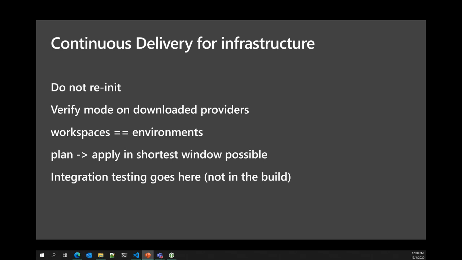One really critical thing that we do not do in our deployment phase is rerun the Terraform Init command. The reason is that in our build phase, we bundled our dependencies. If we re-init in our deployment phase, we potentially will change those dependencies. We potentially will pull different versions of those dependencies into the workspace. And what that means is that the artifact we're deploying is no longer immutable. It has just changed. So my deployment becomes a temporal activity, one that changes based on when I did it.